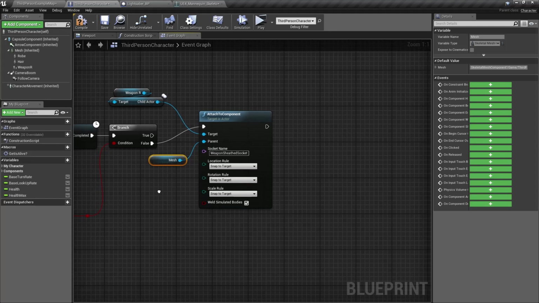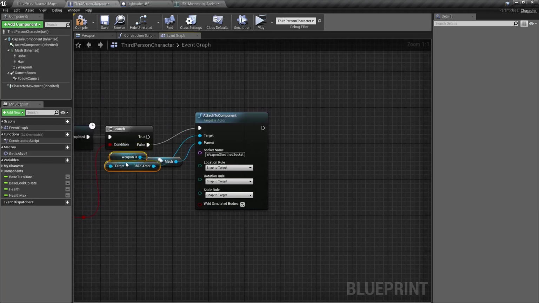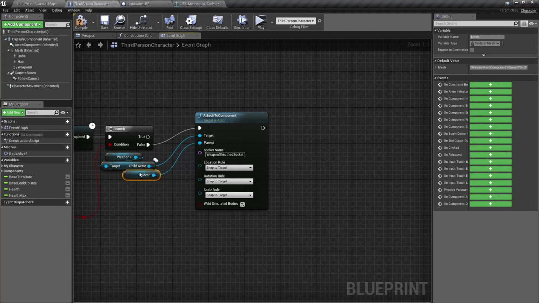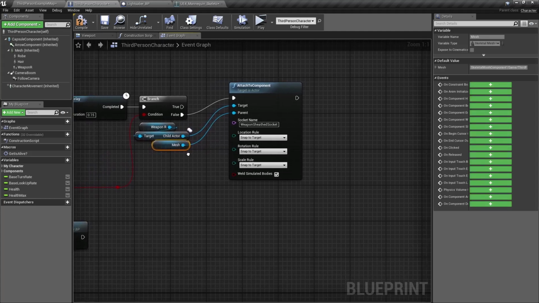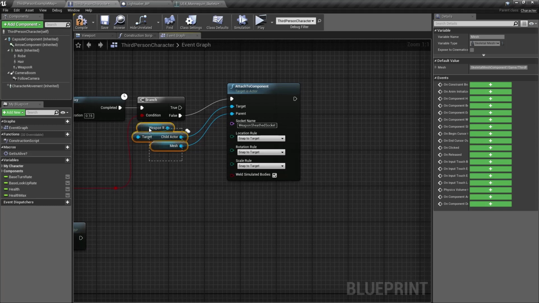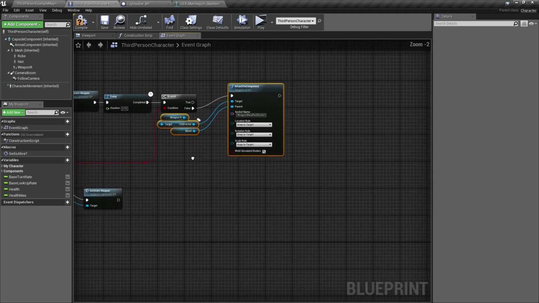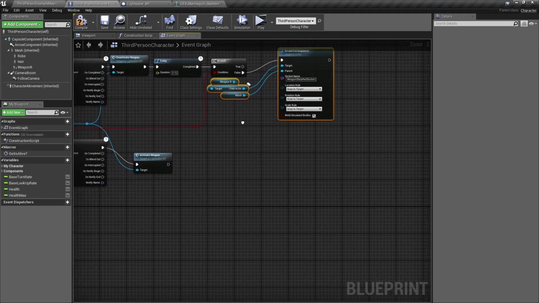And we can adjust these a little bit so they're not all over the place. And then we will copy this whole thing,